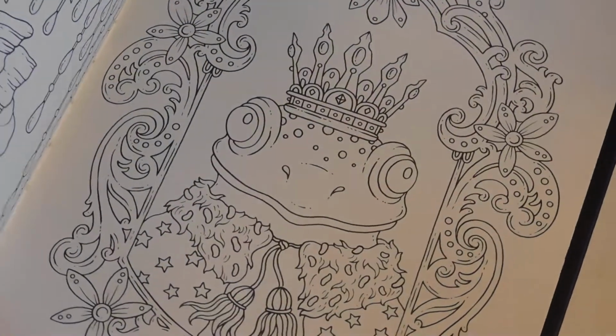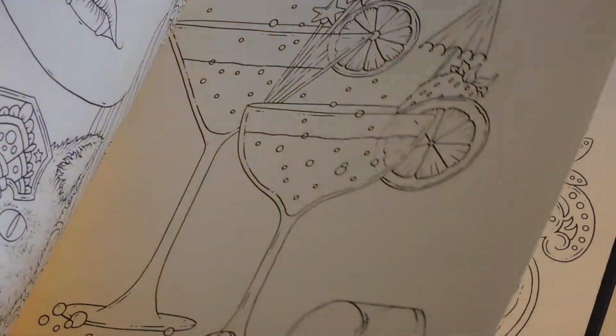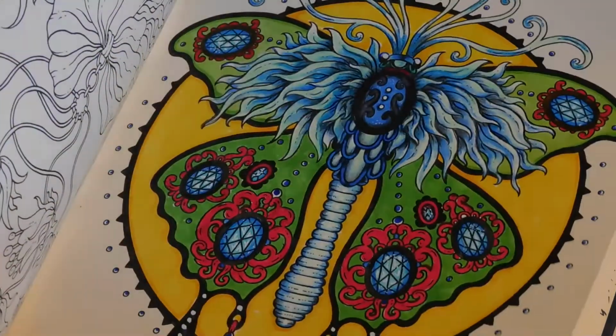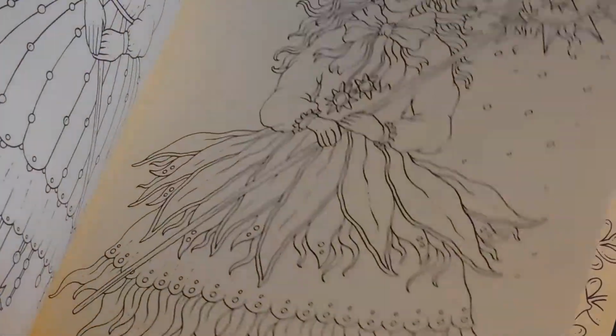I thought about the frog, but I wasn't sure. Then I felt like, oh, let's do a face. So I found one. There's one. And then she has a few faces in here. I'm just going to do that one. But I think I'm going to do...